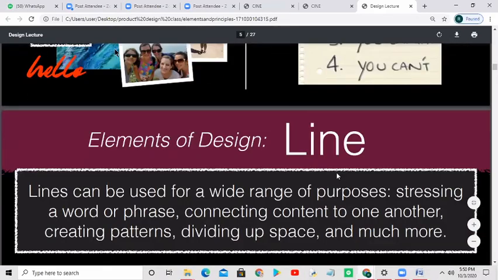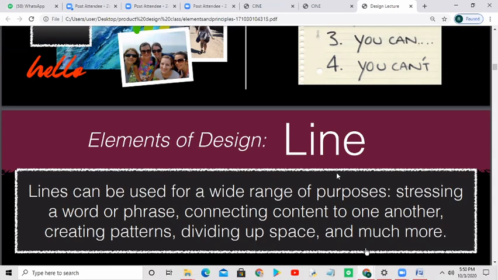First of all, let's go through the elements of design. Lines, definitely. A line is not just a straight line which you can draw with a scale. It can be any pattern. For example, in a newspaper or any book, there are so many lines. Though there are no drawn lines, the alphabets are written in such a manner that they create lines. If it is written The Times of India, that is also one line. Line doesn't mean word to word; if there are 10 people standing, or you design a room with 10 tables aligned one after another, that is also one line.